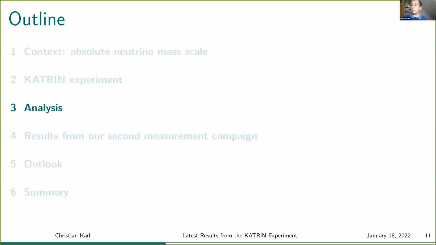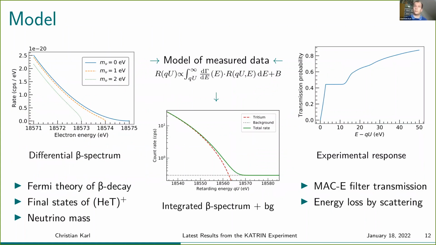This then already brings me to the data analysis. Well, we have data, but we somehow have to compare it to a model, and our model consists of 2 parts. One we've already seen, which is the differential beta spectrum, which includes the Fermi